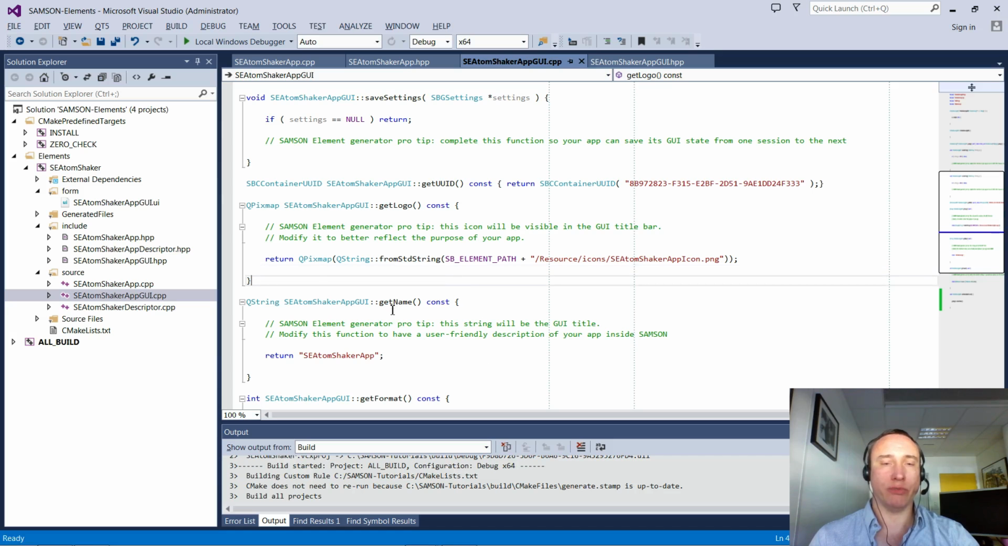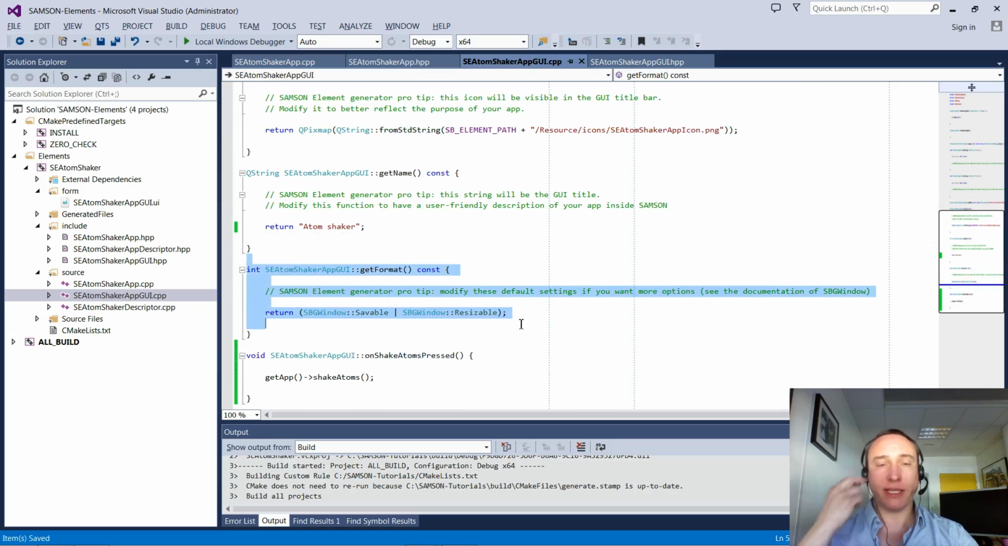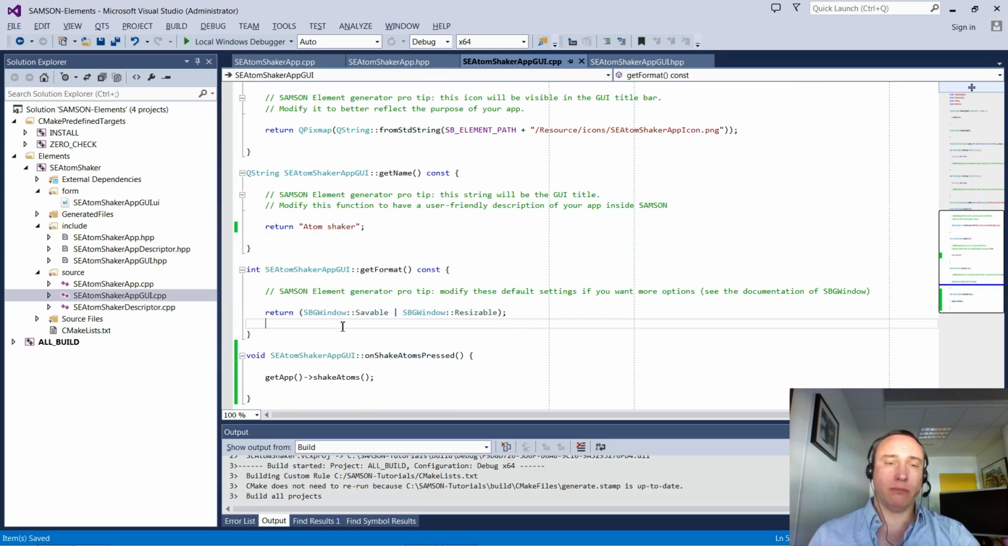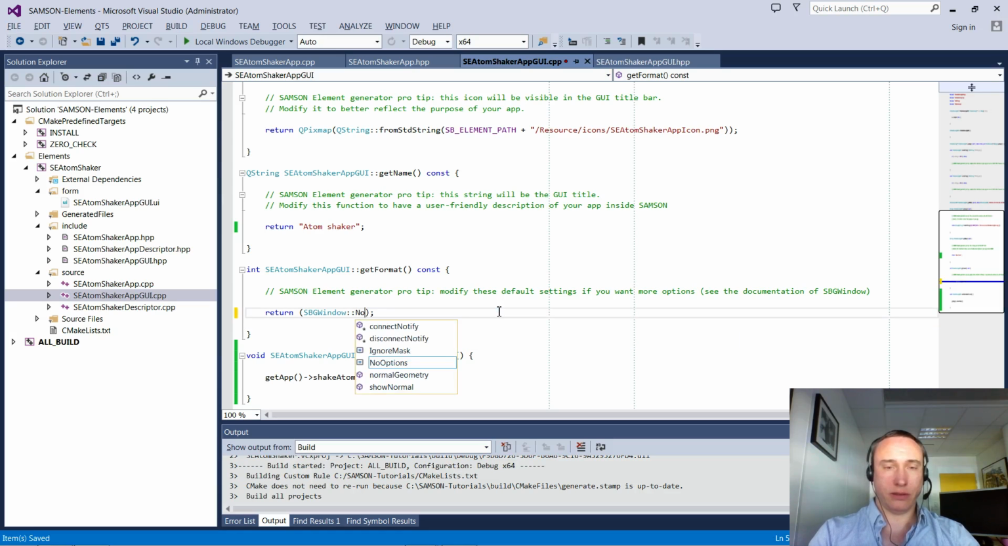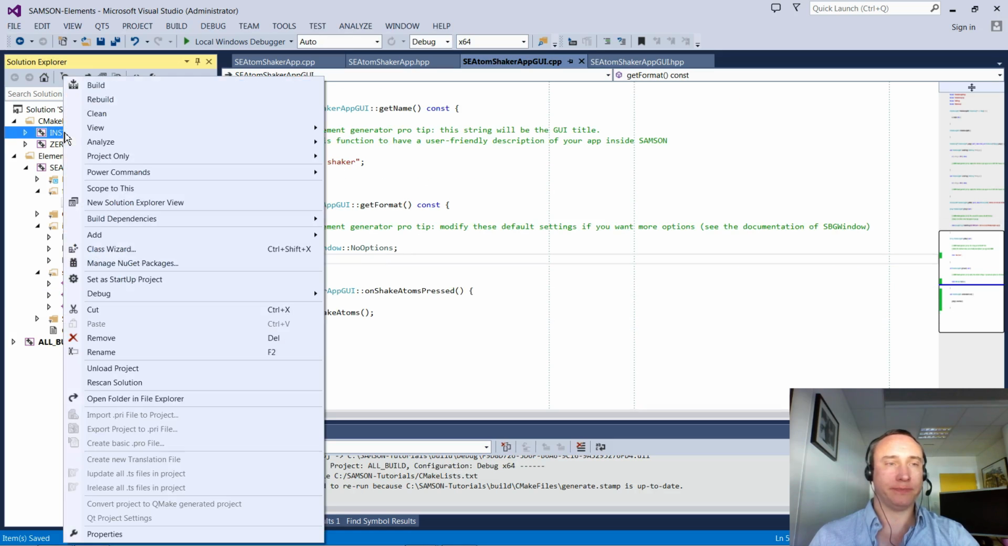If I want to modify the name of the app to give it a user-friendly name, I modify this getName function. Okay, let's call it Atom Shaker. Okay, then here I can specify the format of my window. Let's forget about savable and resizable now, so I'm just going to say no options. Okay, so I install the app,